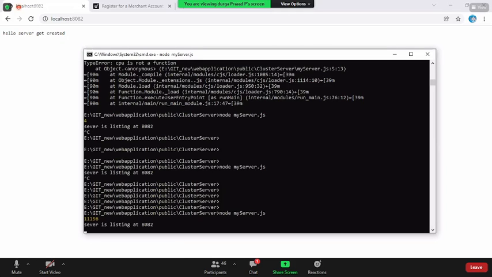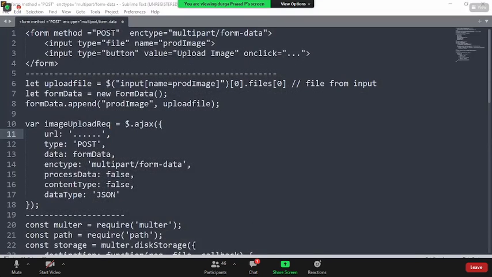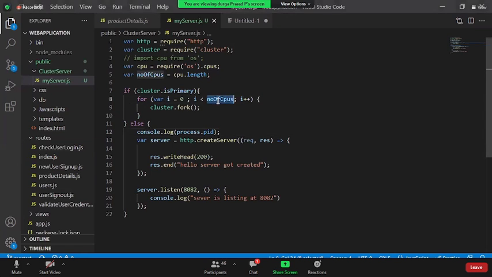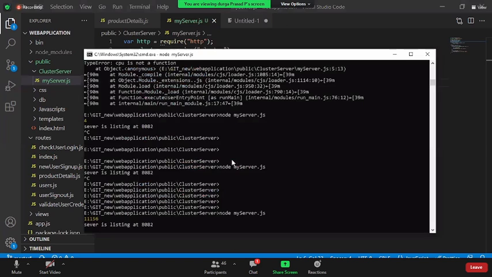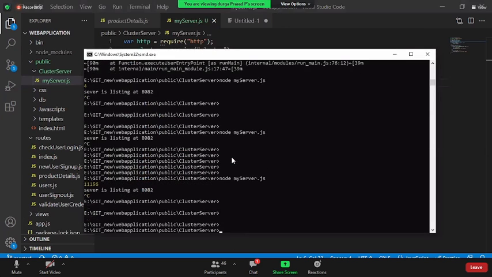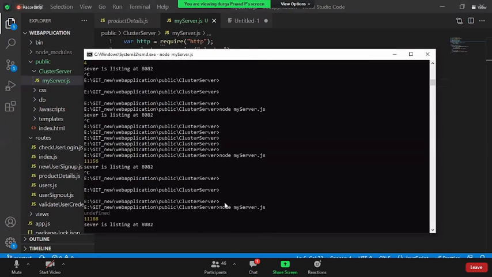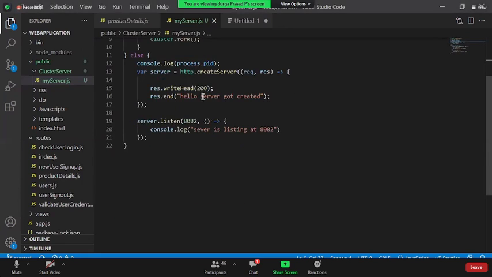This is getting created once. Number of CPUs. Oh, why is it undefined?